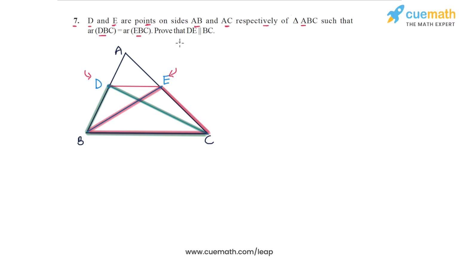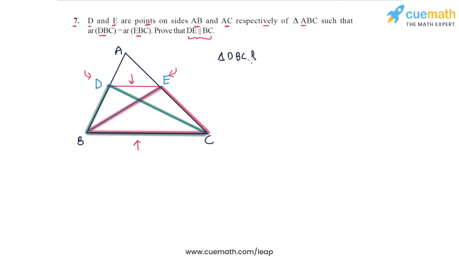We have to show that DE is parallel to BC. So this segment DE is parallel to BC. Now this is actually a really straightforward question. We will make use of the result that two triangles on the same base and with equal areas must lie between the same parallels. So in this case, triangle